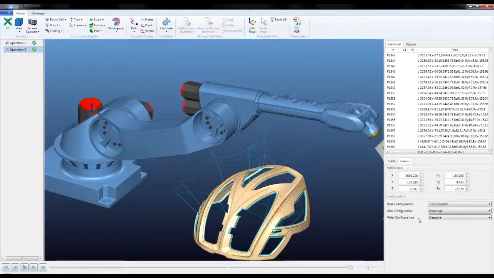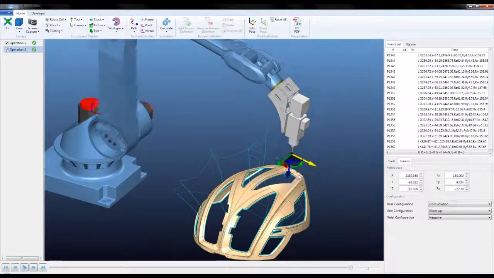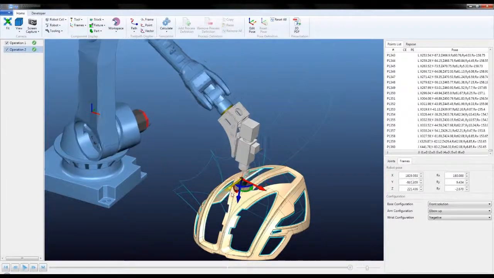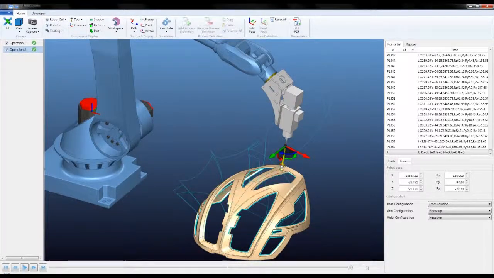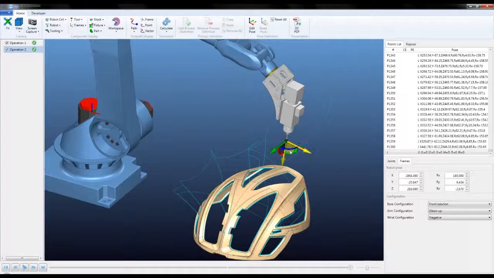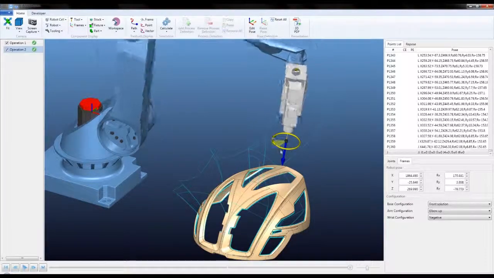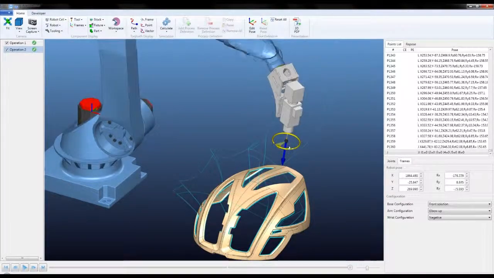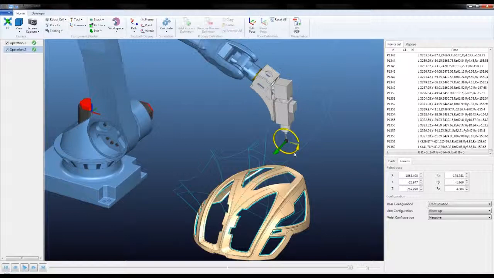This tells us that the robot is out of reach. We can also move along the Y or the Z. We can also rotate. Therefore, we can click on, let's say, this axis here and rotate around the tool Z, or even along, let's say, the Y,